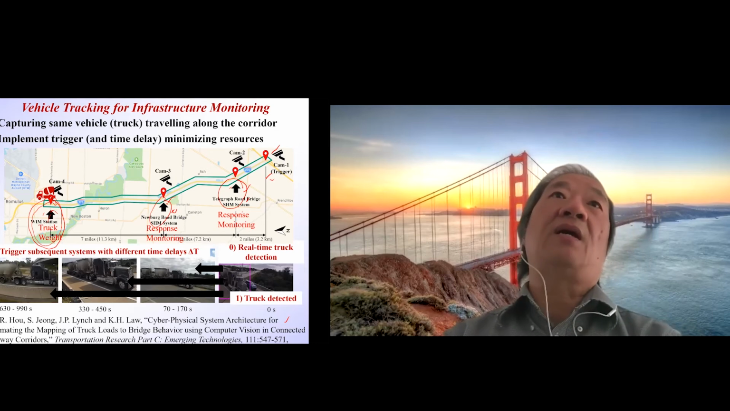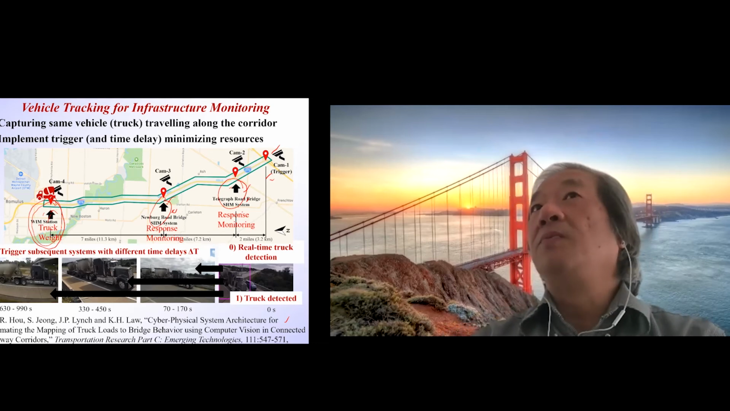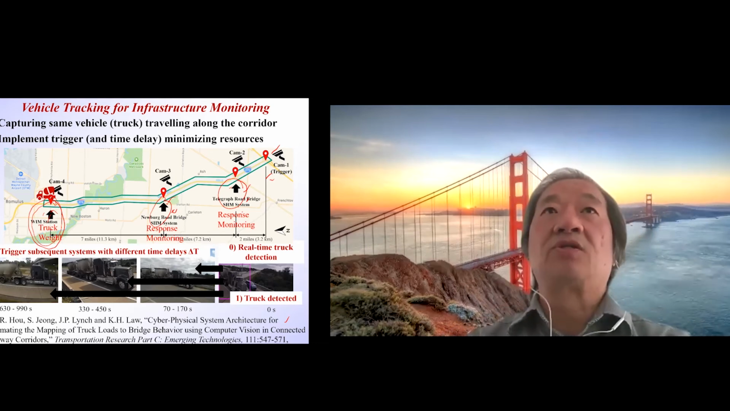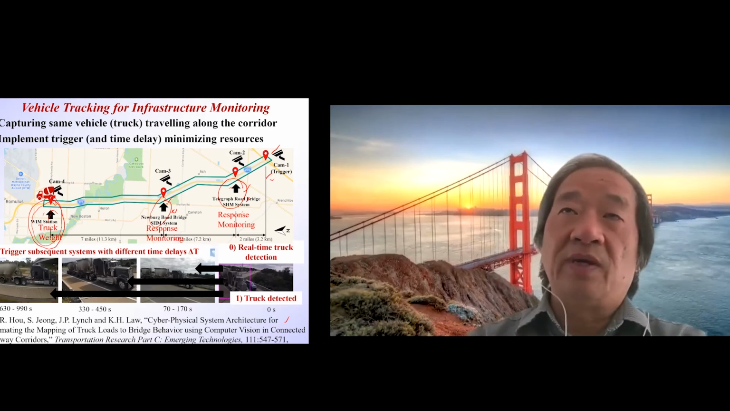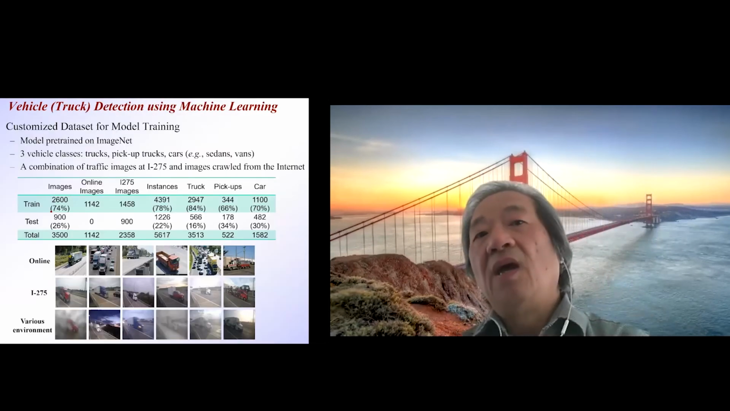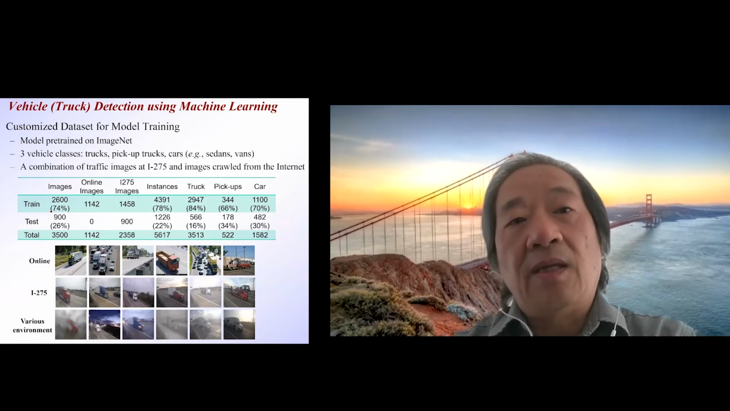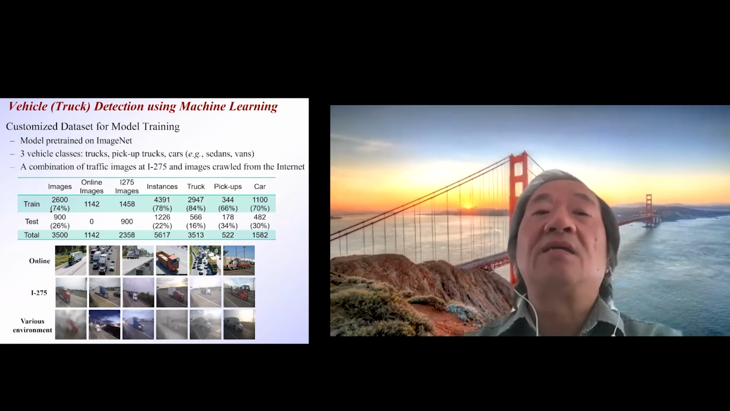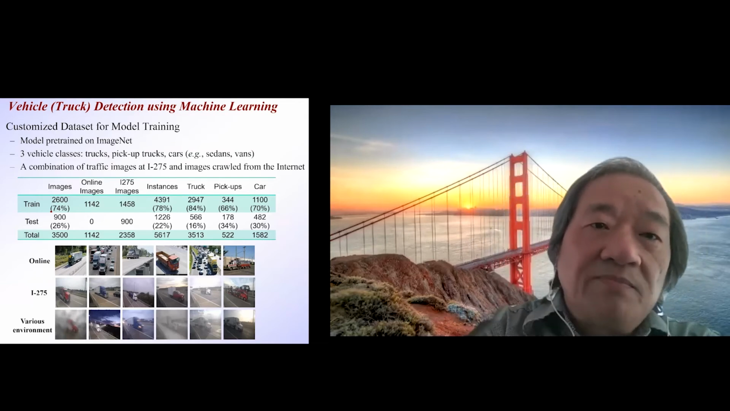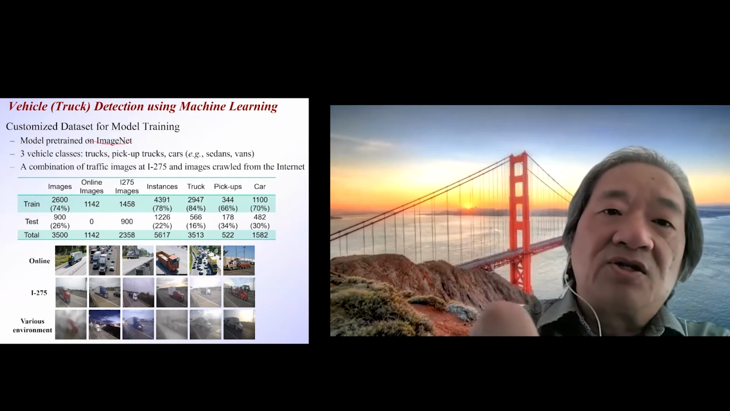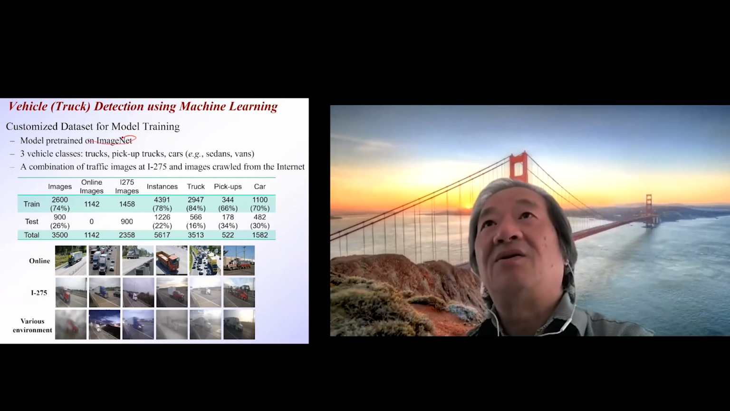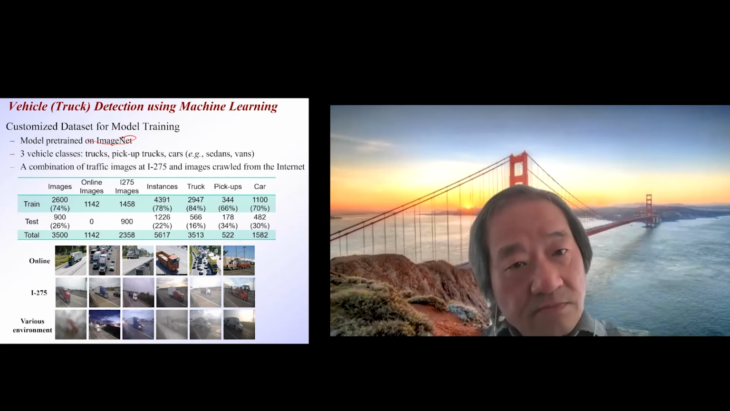So that has now become an identification of the truck as they go through the bridges, and the weight in motion. Okay, so we started to do machine learning and collecting the data set. Of course, like most people do, we're using ImageNet for the original model training and